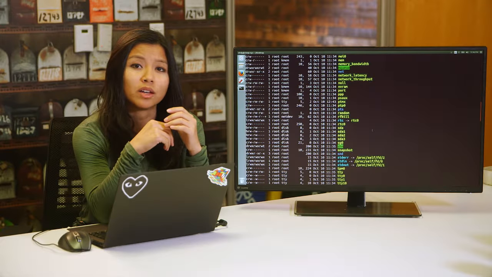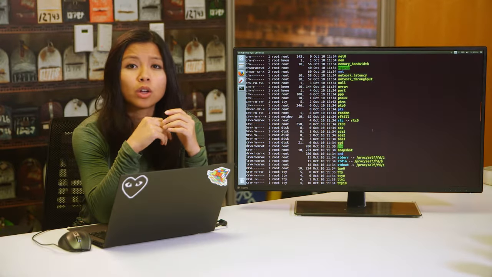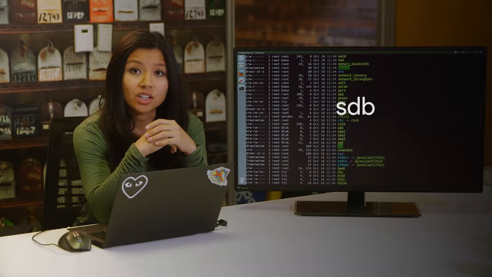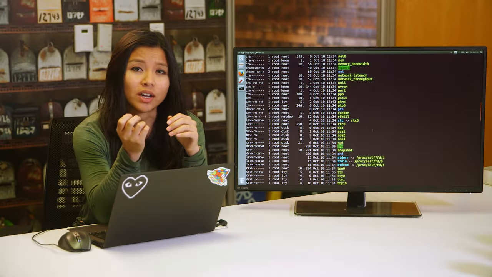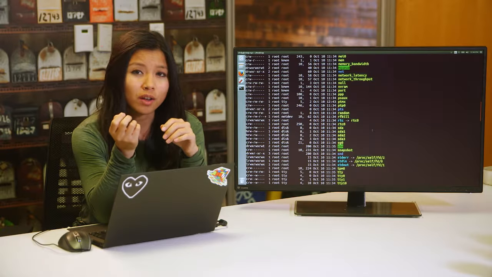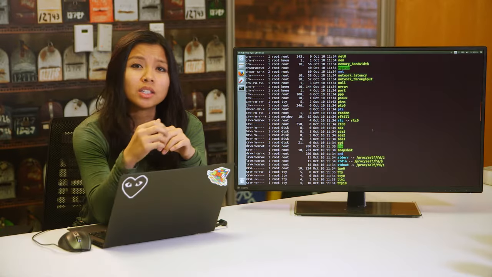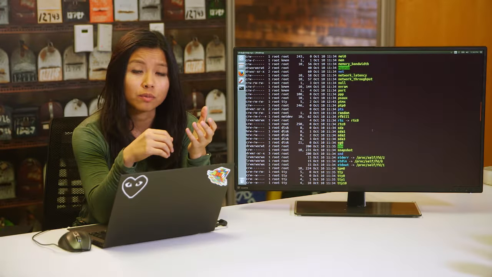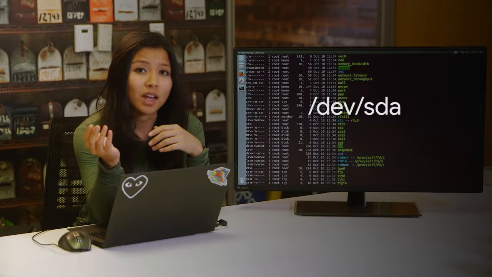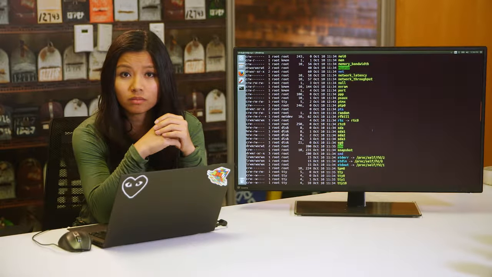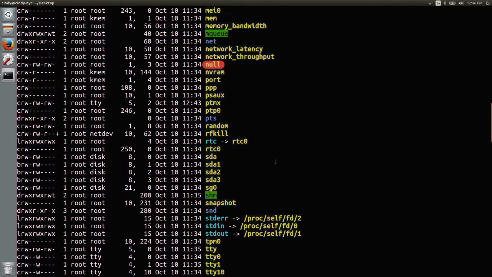Let's look at some of the block devices we'll be interacting with in this course. You'll see a few files that start with /dev/sda or /dev/sdb. SD devices are mass storage devices like our hard drives, memory sticks, etc. If you see an a after sd, it just means the device was detected by the computer first. So you might see something like /dev/sda, /dev/sdb, /dev/sdc. Revisiting the /dev/null device, we can see it's considered a character device because it's used to transfer data character by character.